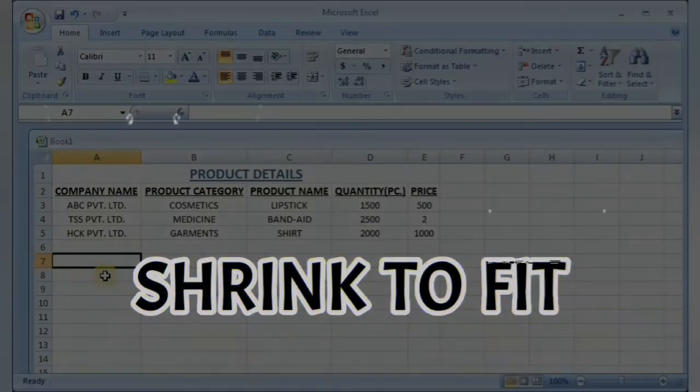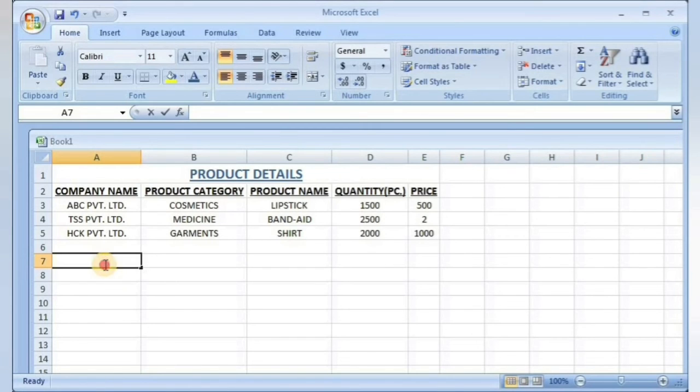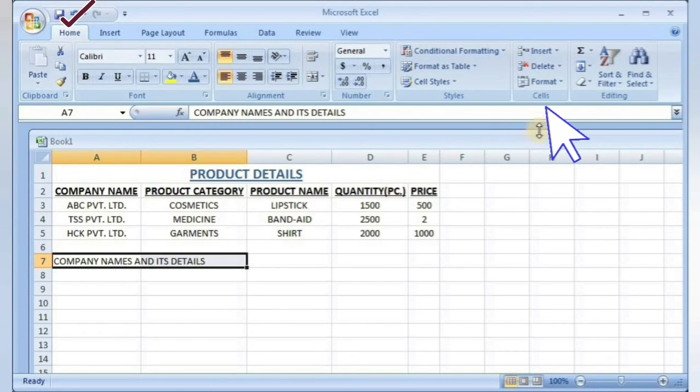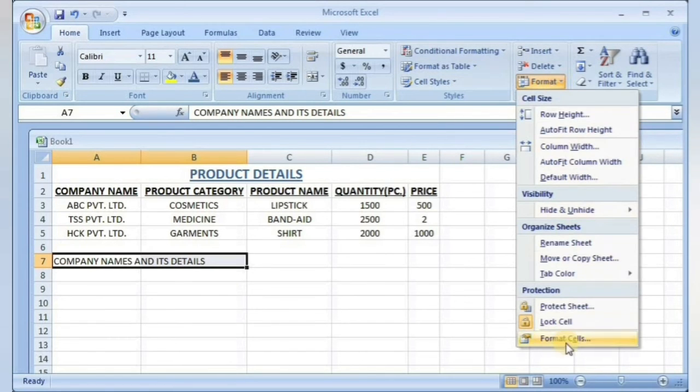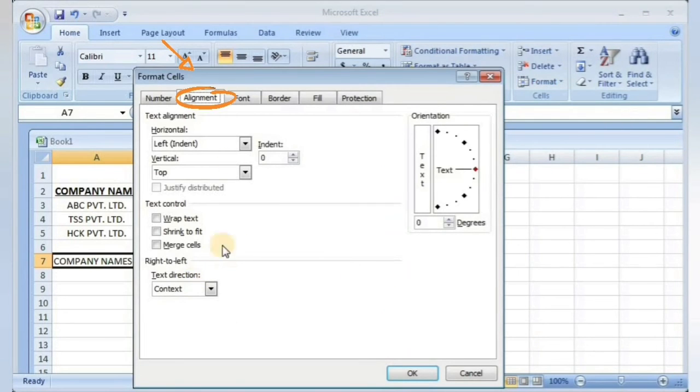Now I am writing a big data or big sentence here. And then select this cell or data. Then go to the cells group under the home tab, go to the format option from there and again go to the format cells option. You can see this box has appeared.